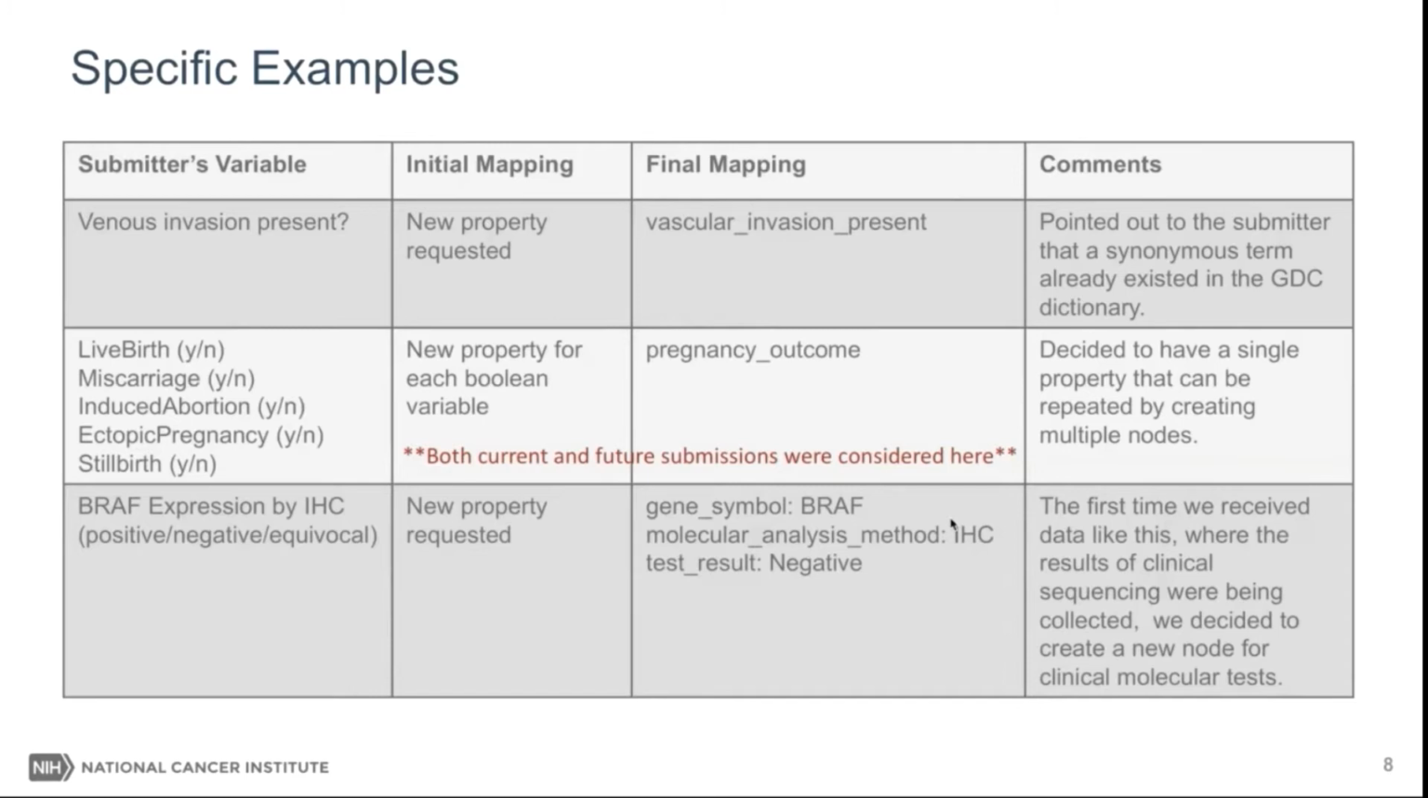We would want to make sure that we accounted for and were able to bring those data in together in a way that was sustainable in the future. So we created this property, pregnancy outcome, that has each of these variables, live birth, miscarriage, et cetera, as enumerations. And then in the future, if